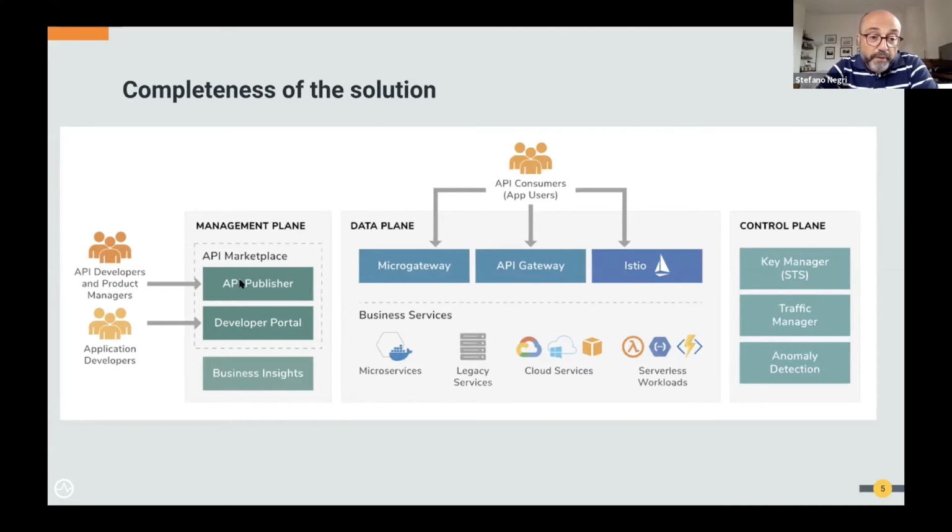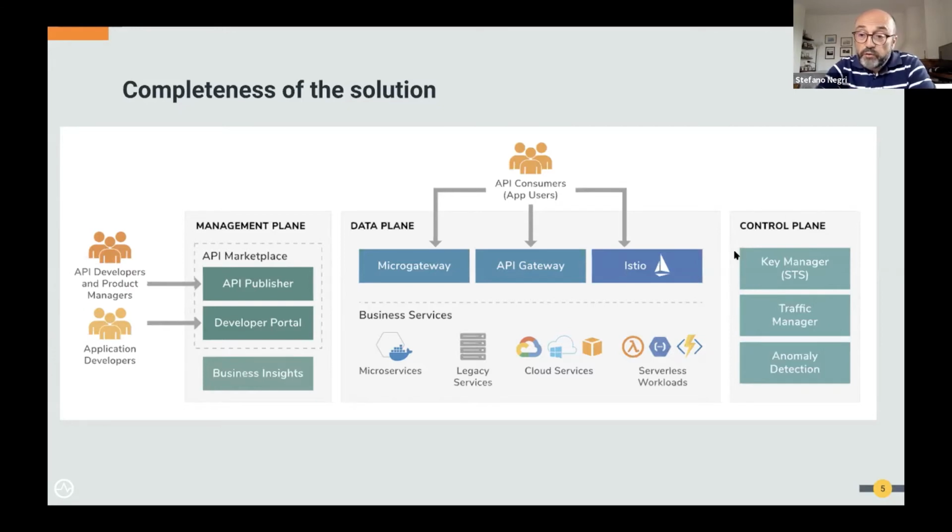So we have the API publisher, for the API publishers themselves, which can be the API developer or an API product manager. Then we have a developer portal you can use to create an API marketplace, which is accessed by the API subscribers, who can be application developers.